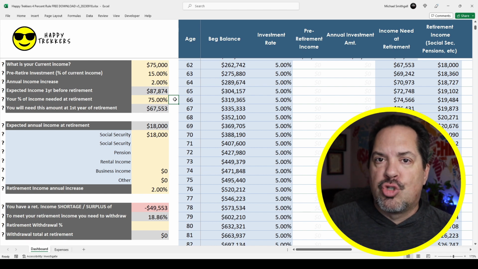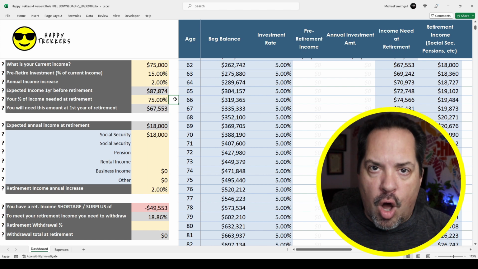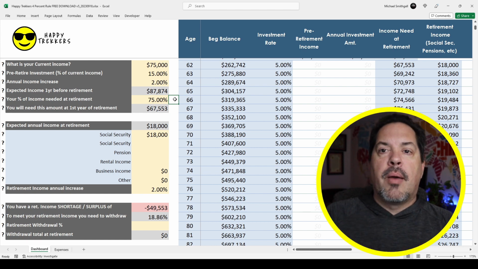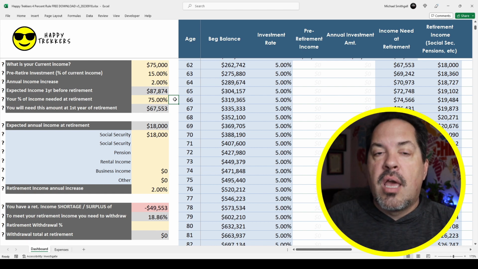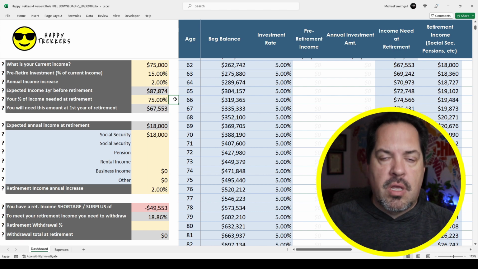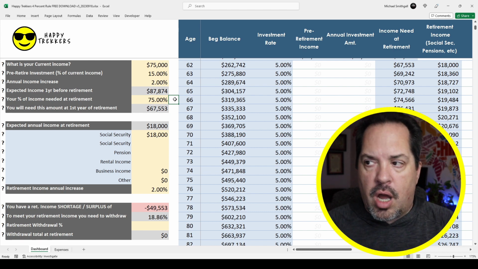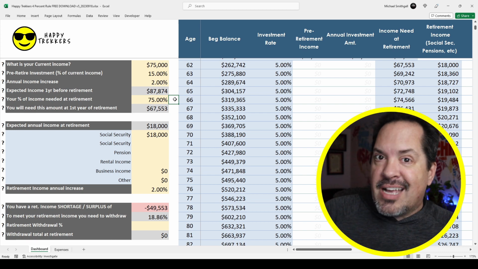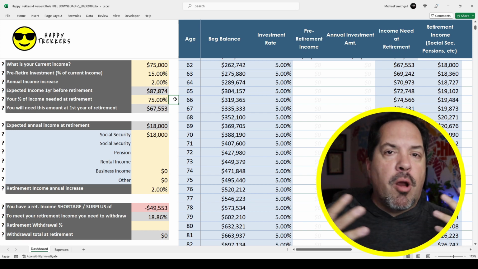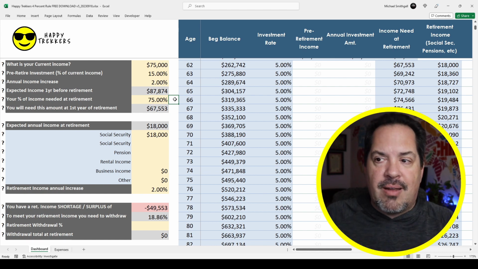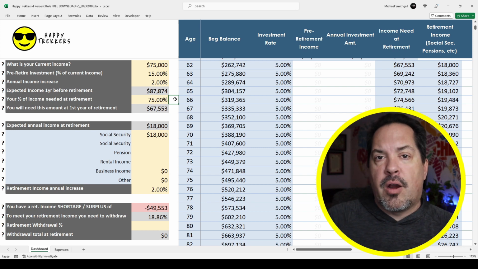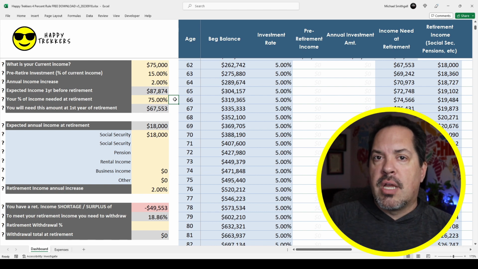Your expenses don't drop drastically all at once. They will start to drop, but it's not immediate. Now, by the time you get to the end of that timeline, now you're in your 90s, yeah, you probably don't drive at all, so there's no car payments. If you had a mortgage, it's long been paid off. You may not eat as much as you did when you're younger. You probably aren't buying clothes and all the other things that you did when you were younger. It's just the way we live, right? You very well could be living with family and have almost all of your expenses being taken care of by your family. So the first year, though, 75% is really a pretty good solid number.